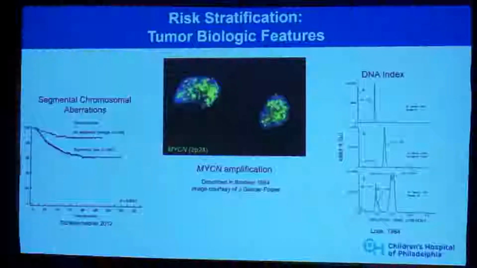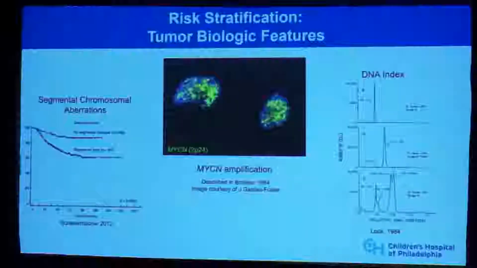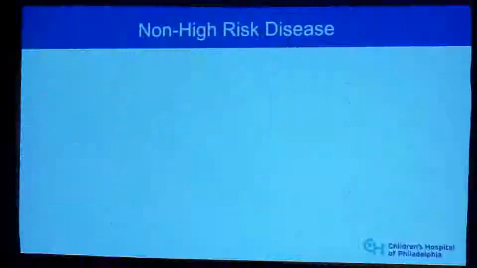And then, as Jan discussed in the last talk, the use of segmental chromosome aberrations, gains and losses within chromosomes, has also been shown by Gudrun and others to be very important prognostically. So all of these features are currently used when we think about tumor biology and risk classification. So once we've used all these things together and put them into the chart that Jan previously showed, and I wasn't going to regurgitate,